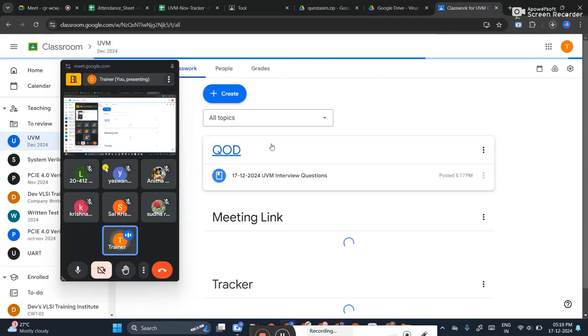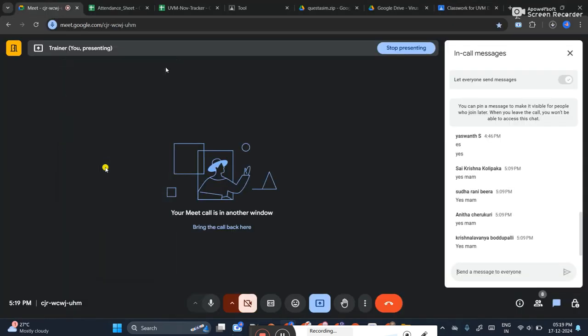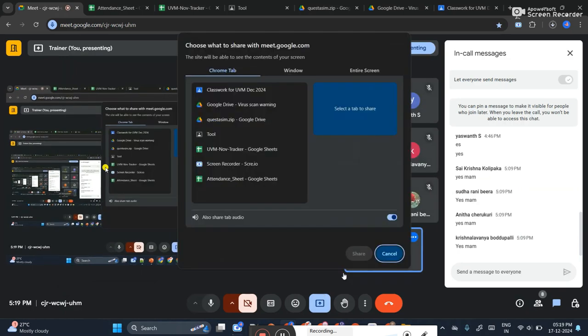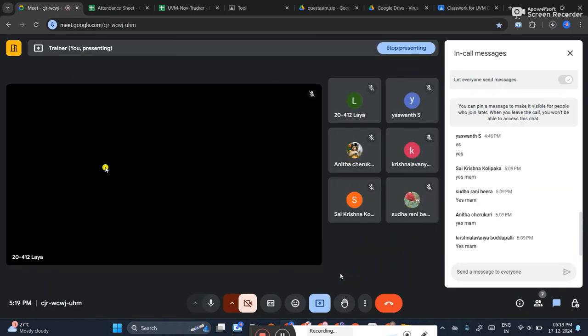You have to download and follow the YouTube procedure that I will provide the link for here in the classroom. So if anyone has not downloaded the QuestaSim, please do download it, because from tomorrow onwards you compulsorily need QuestaSim to do the simulation of the lab. And after that I will also ask you people to do some assignments maybe, after some 3-4 days. So make sure to download the tool today and keep it ready.